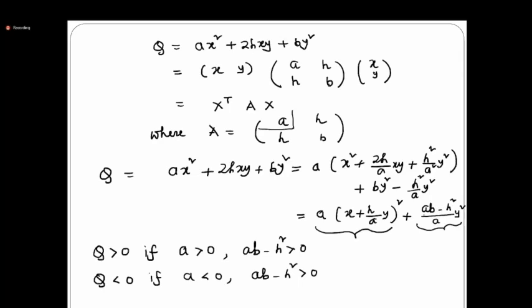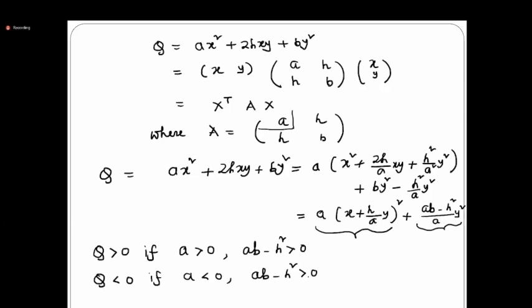And I cannot afford that, because if it is negative, then every possible combination of positive and negative value will come. But I have to make sure that this will always be negative. And if I have to make sure that this will always be negative, the first term is coming as negative as A less than 0. So the second term should also be negative. Already we have seen that A is negative. So if AB minus A square is negative, then this negative will give you the positive one. So that's why I have to make sure that AB minus A square is greater than 0.